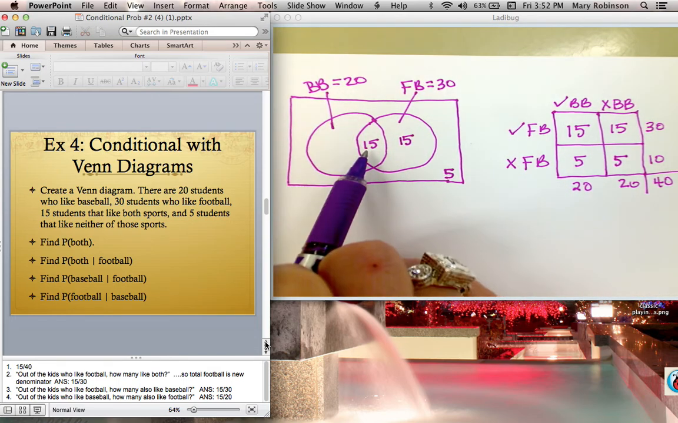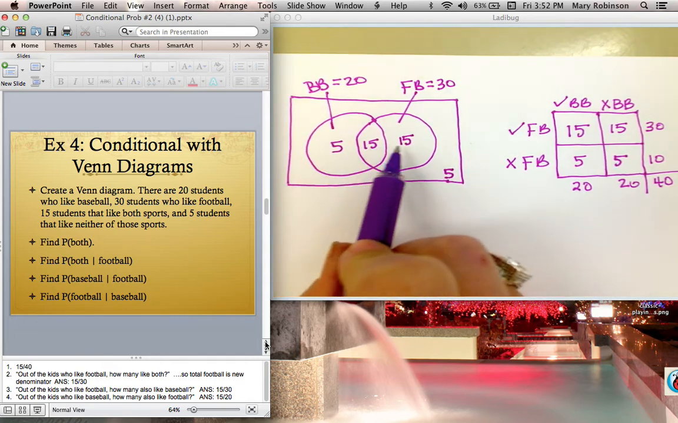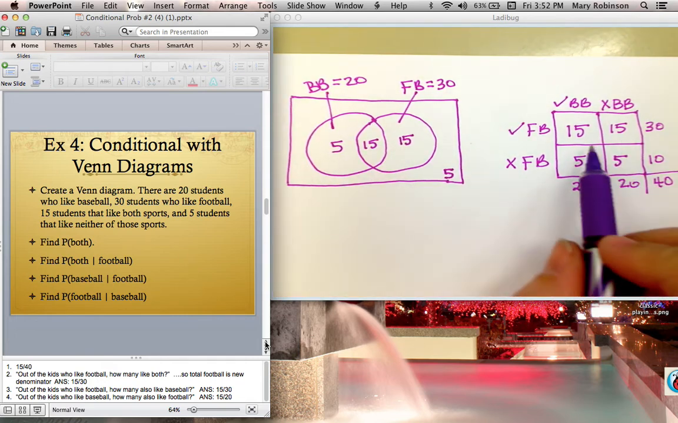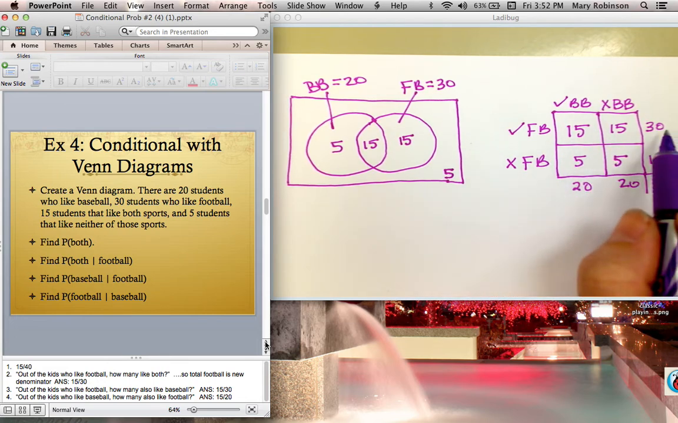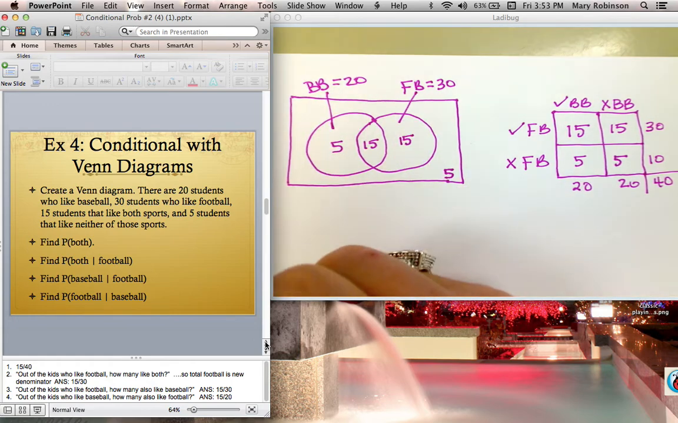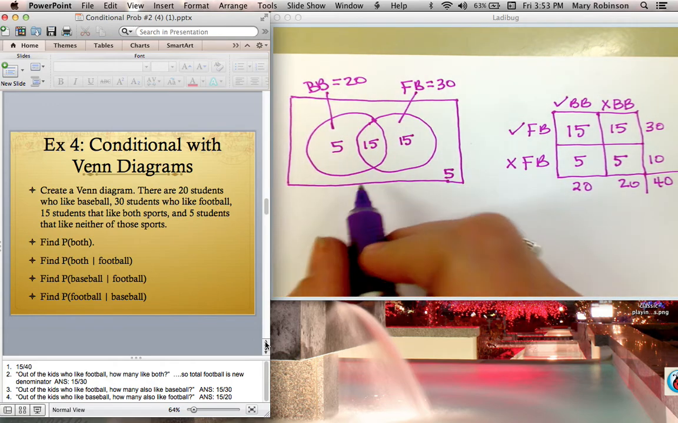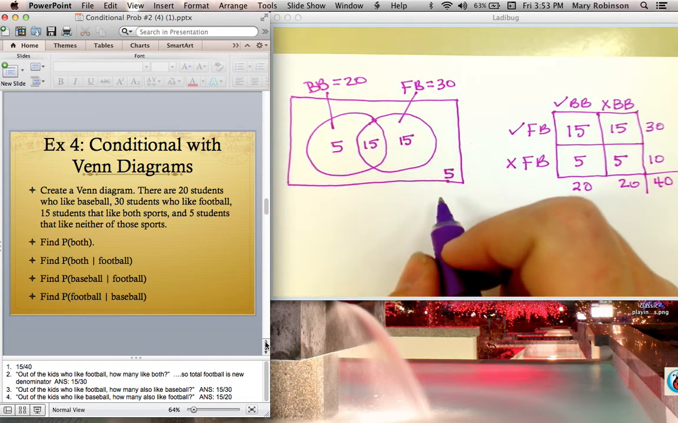Likewise, 20 minus 15 is 5. Notice that all the numbers in the Venn diagram are just the same as the numbers inside your frequency table. The totals go on the outside of a frequency table, and likewise the totals go on the outside of the Venn diagram. The last thing we want to include on our Venn diagram is the total number in our sample space,